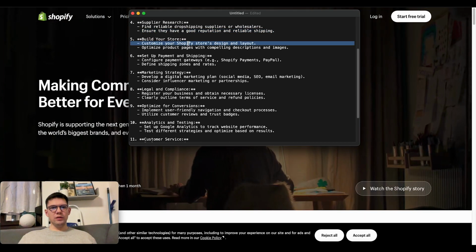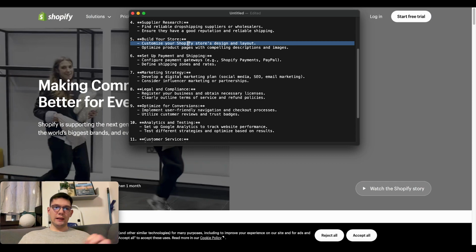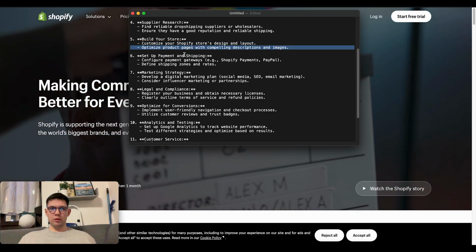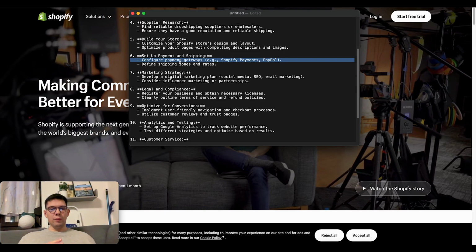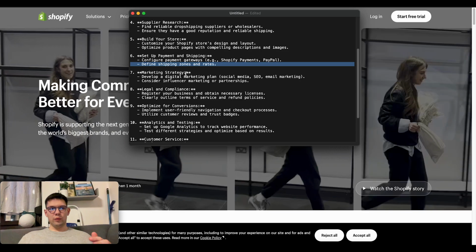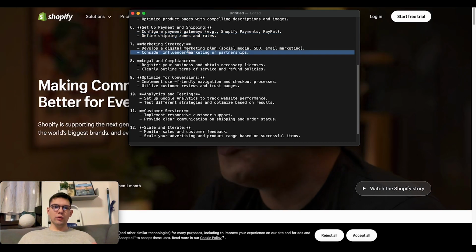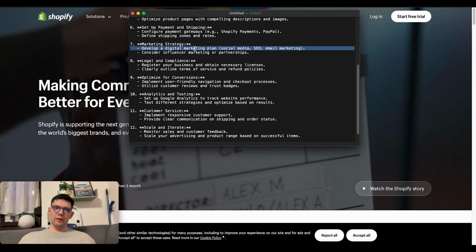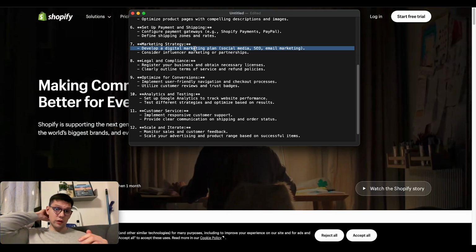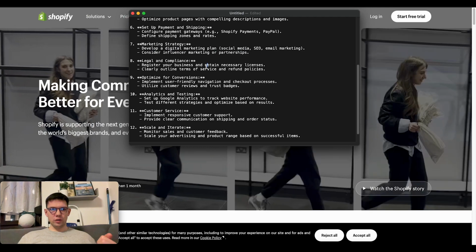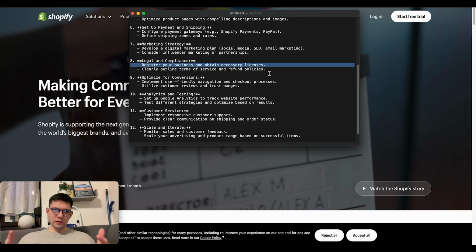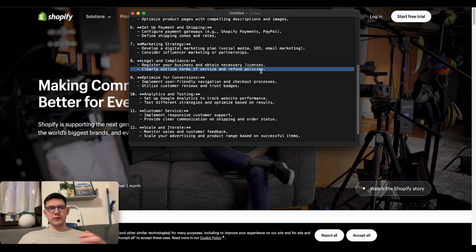Then you want to optimize your Shopify store's design and layout. Optimize product pages with compelling descriptions and images. Then configure payment gateways. Then define shipping zones and rates. From there, you want to develop a digital marketing plan like social media, SEO, email marketing, and consider influencer marketing or partnerships. Then you want to register your business and obtain necessary licenses and clearly outline terms of service and